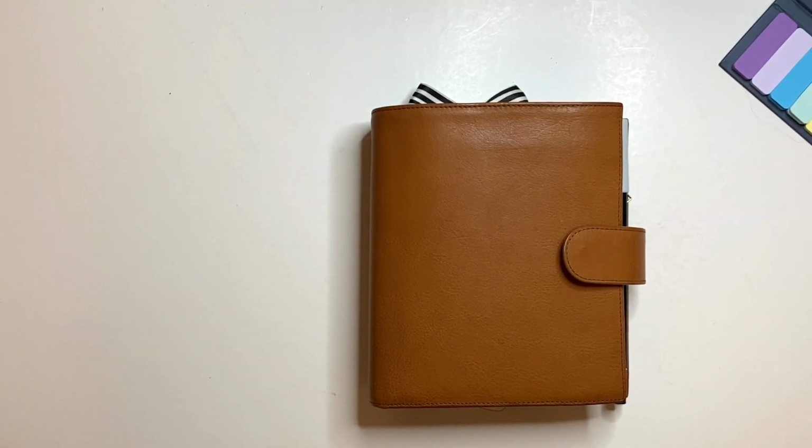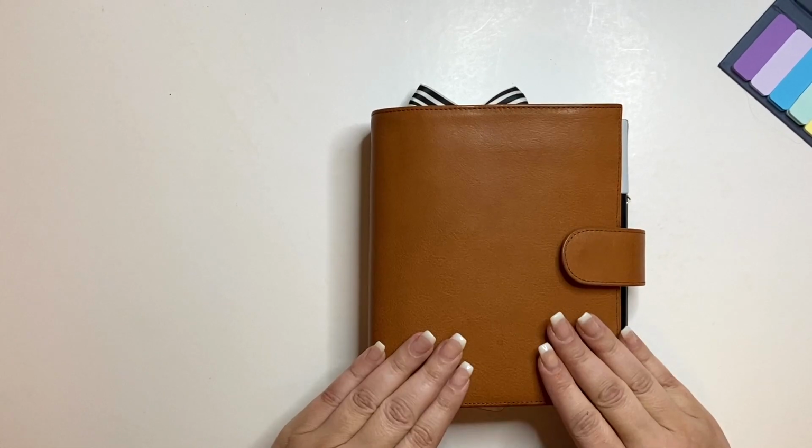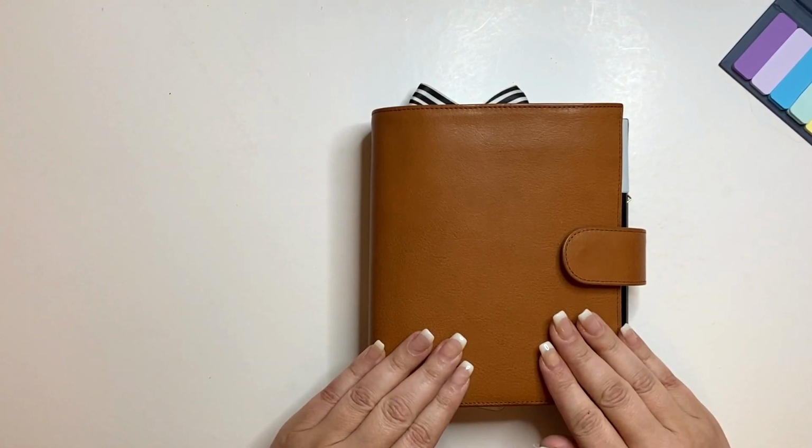I love this planner, although I am missing my Aurora a little bit. I was debating whether or not I wanted to jump in my Covey Aurora this month, but I think I'm gonna keep it for one more month and then probably jump in July back into my Aurora because I do miss her. If you've been following me, you know that I do have a personal wide Gillio, but